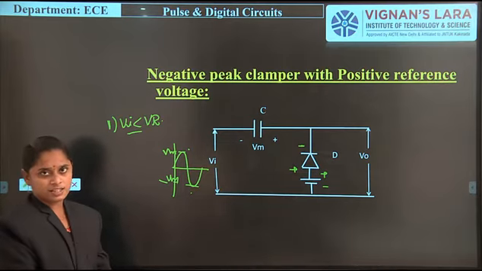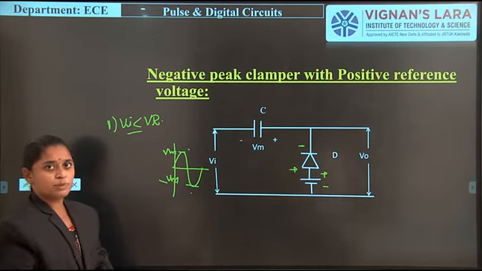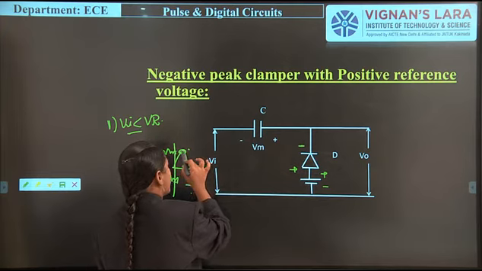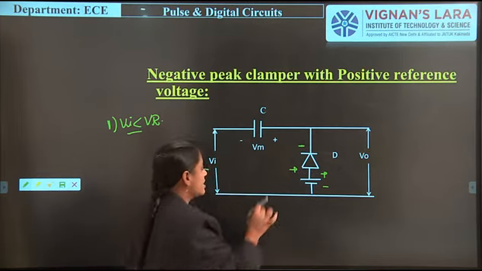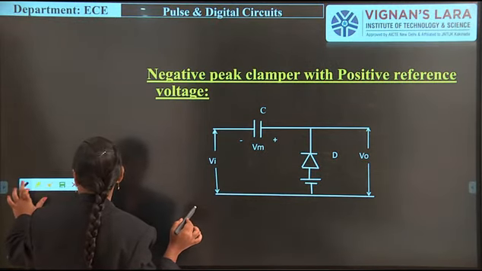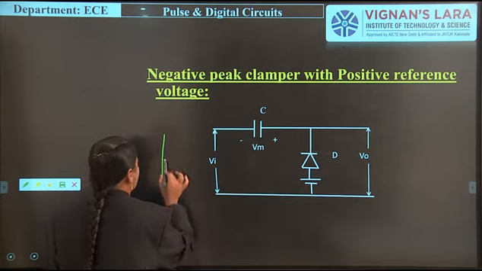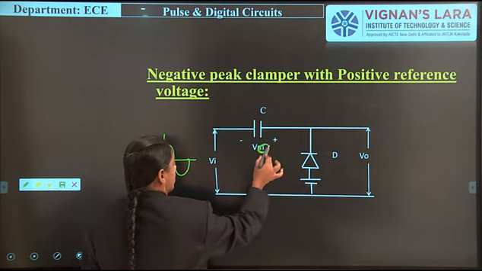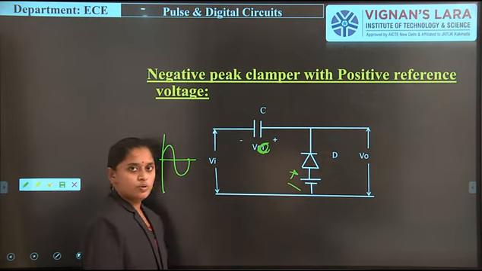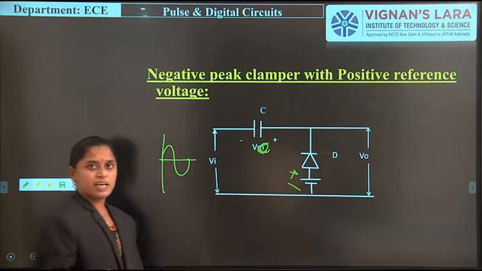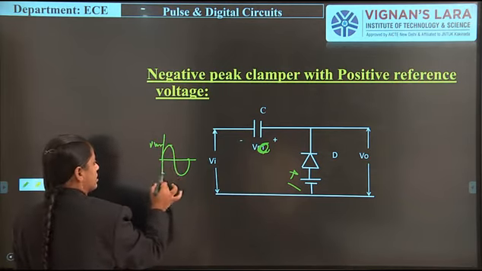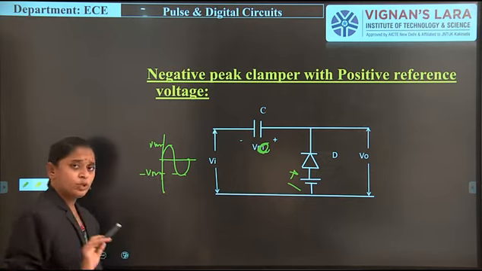When the diode is on, what happens? The capacitor starts charging. Up to which level can it be charged? The maximum input signal is Vm, but it is charged only up to the level of Vc. Why? Because here we apply a negative signal, and a reference signal that is plus and minus. So at the same time it charges, but the capacitor output voltage is minus Vc only. In the previous condition it charges up to Vm.